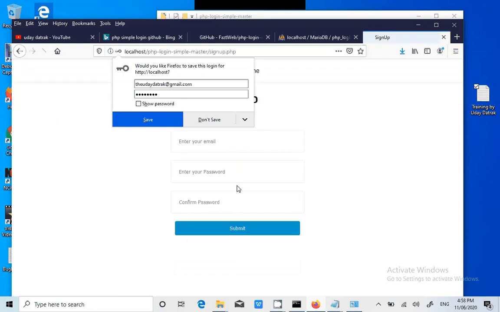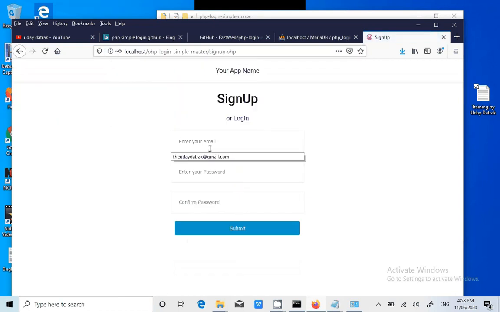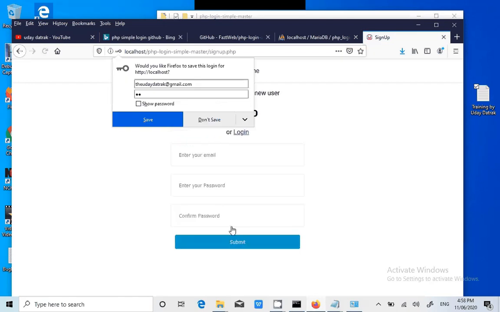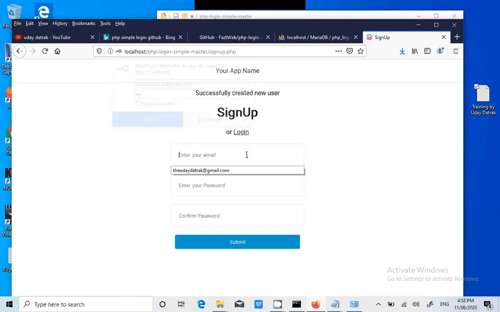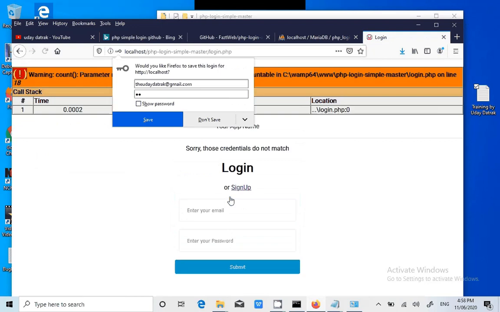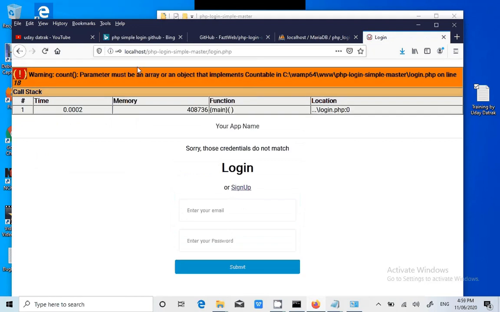Maybe I did not create it properly. Okay, successfully created new user. The parameter must be an array.